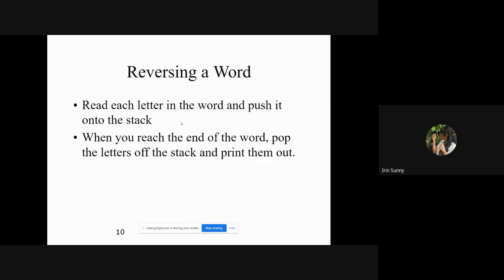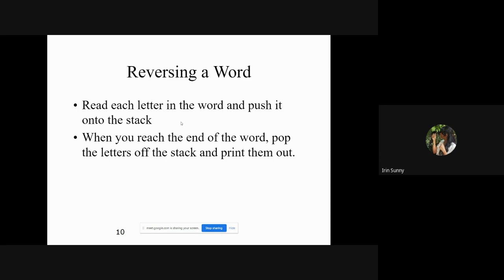Now, reversing a word. If you have to reverse a word, using a stack is one of the easy methods. Why? Because you enter the word hello into the stack as HELLO, but you pop it out from the stack, or print it from the stack, in the opposite way.